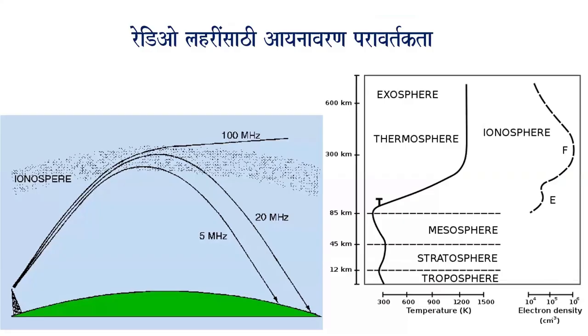So about the ionosphere, you have shown that the 100 megahertz line is going into space and not reflected back. Because of the ionosphere, there is no meteor, sir. There is no meteor shown in this picture. This picture is showing the property of the ionosphere of reflecting the waves. See, the atmosphere reflects the radio waves, but sometimes